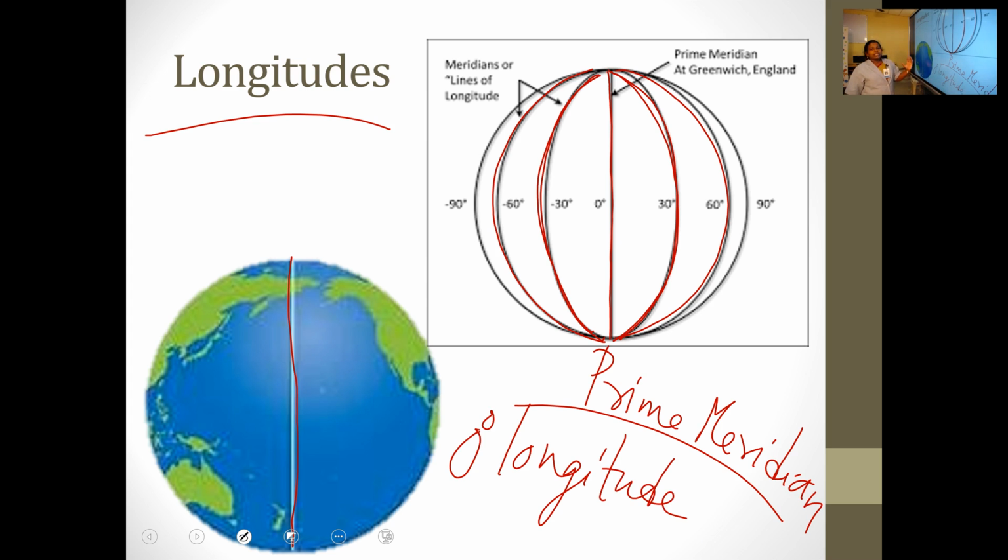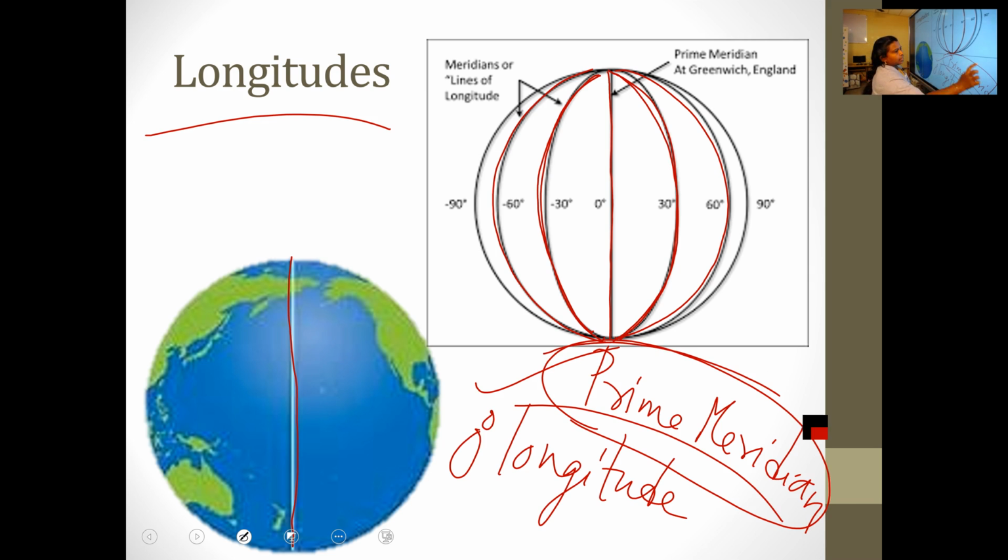Then we studied about the importance of prime meridian. What is the importance of prime meridian? It is on the basis of this prime meridian that we calculate the international standard time. The importance of prime meridian is that it is on the basis of this prime meridian we calculate the